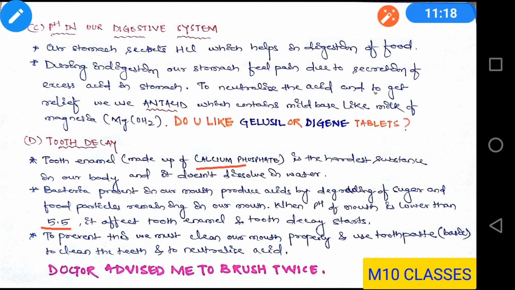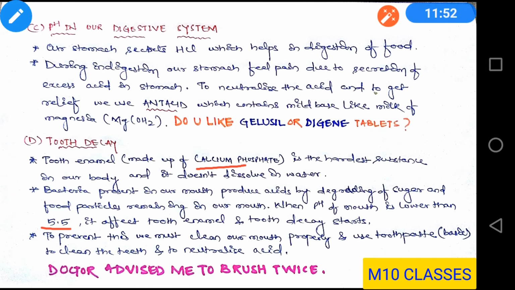But students, you might find that everybody wakes up in the morning and goes for brushing their teeth using toothpaste, but many of these children also get affected by tooth decay. Now, why does it happen? The doctor suggests you should brush your teeth twice in a day, once after waking up in the morning, and second after taking your food at night. Why is it so?